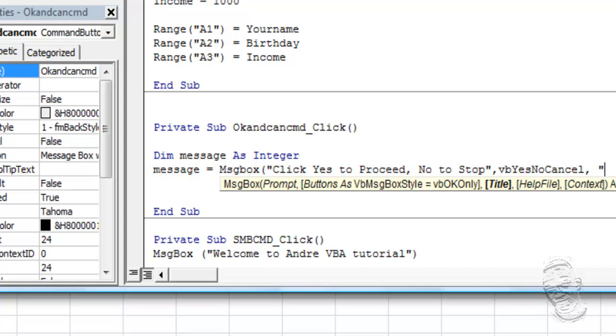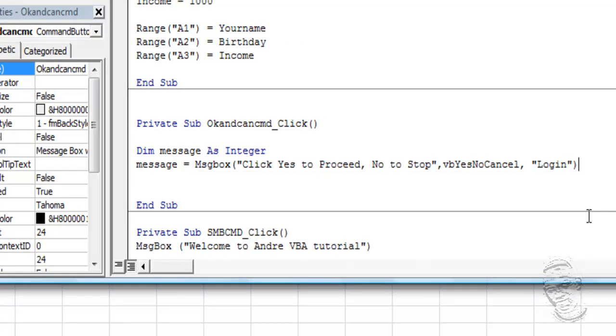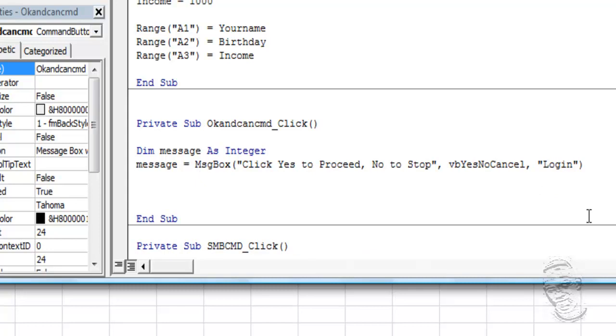So I'm going to give the option now to log on, and that's going to put log on. So you'll see all that showing up. And let's write a basic statement here, an if statement. So I'm going to introduce you to the if statement. So if message is equal to 6, hence the reason why I declared it as an integer, then